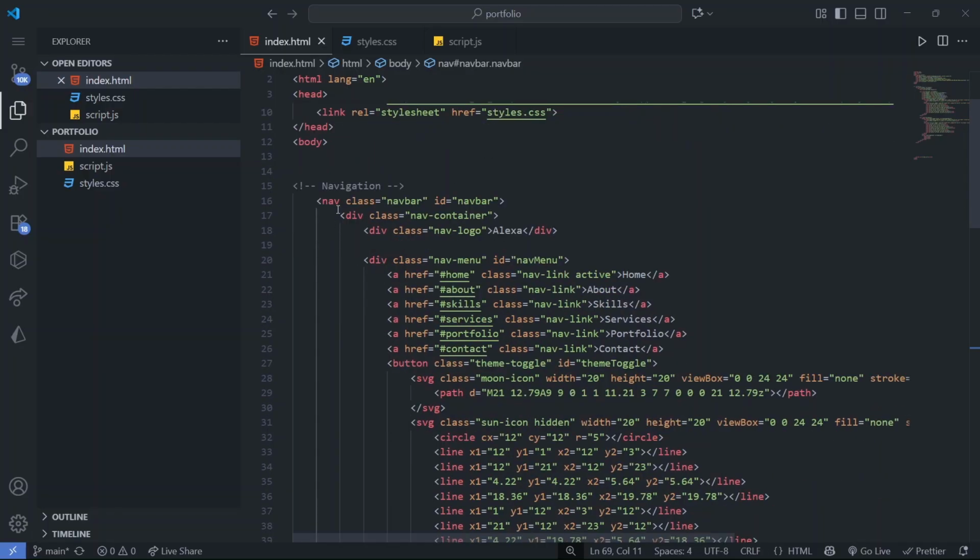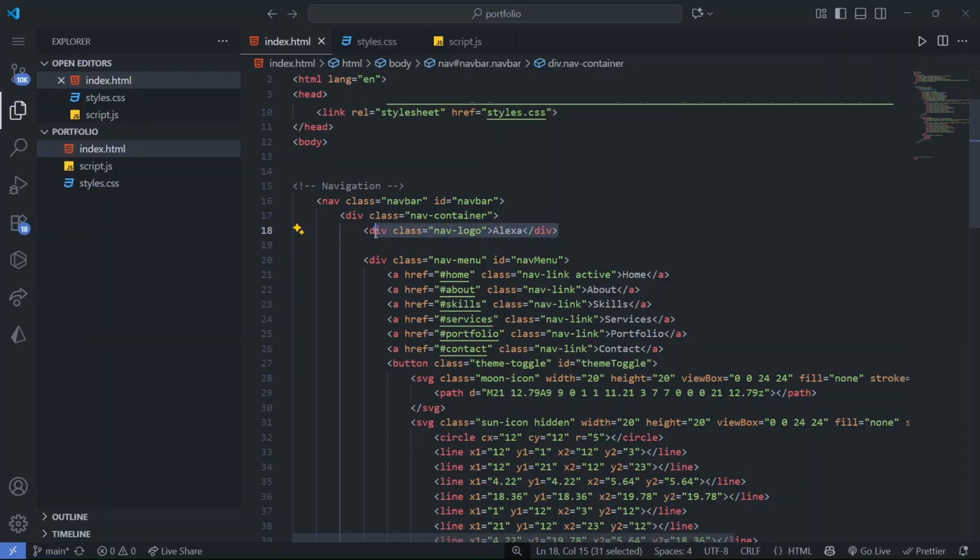So here I have created a nav tag, right? This nav element is given by HTML5, and here we are adding the class. With this class we can style our navbar, right? And here we have an id navbar. With this id we can access this nav element, and we can apply functionality on this navbar for user interaction. Then we have a div where we contain all the things that we are going to use,